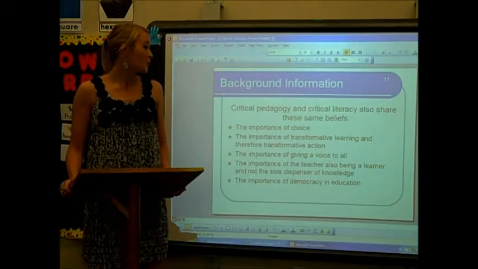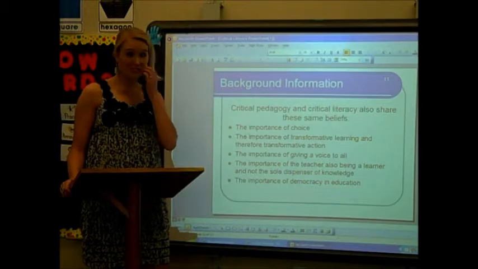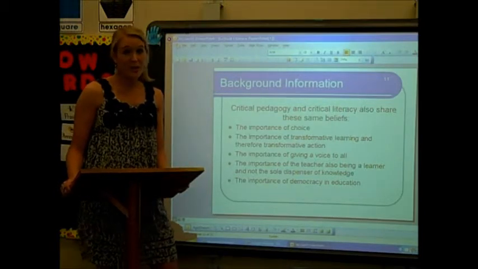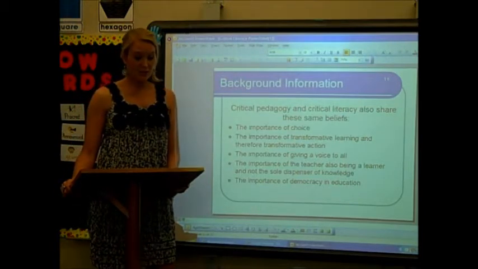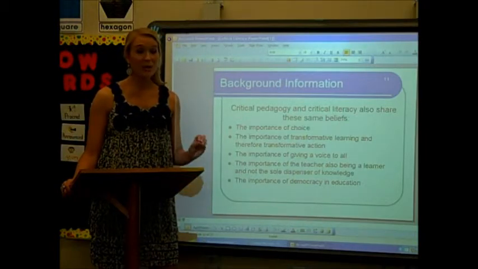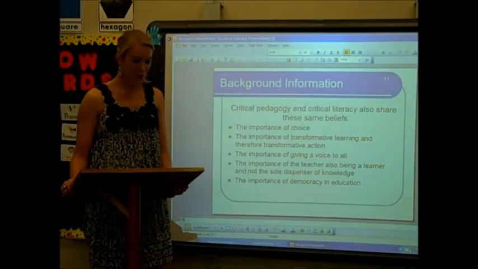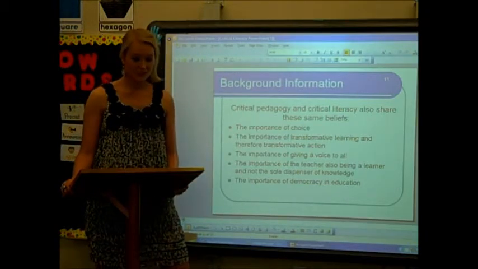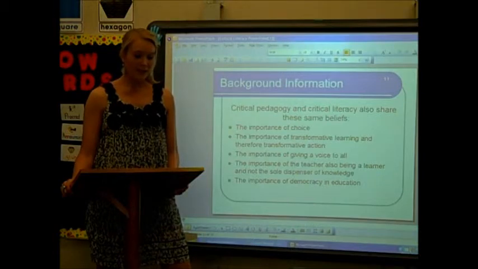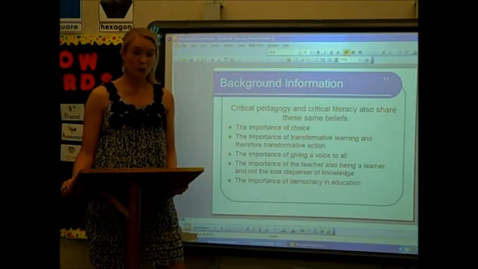Critical pedagogy and critical literacy also share these same beliefs. The importance of choice. We know that Wink is a big proponent of using student interest and choice as the driving force behind the curriculum. Wink writes, "If it doesn't matter to the learners, it just doesn't matter." When Quintero is discussing critical literacy, she writes, relating the issue of book choice, censorship, and children's reading to critical